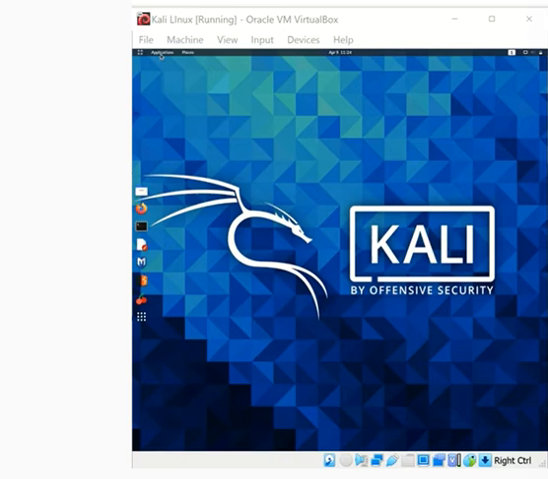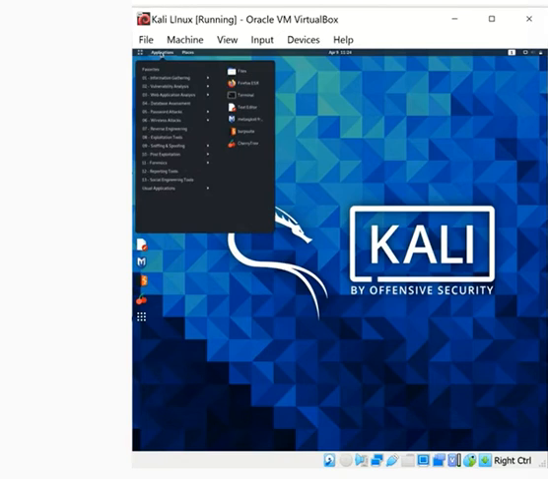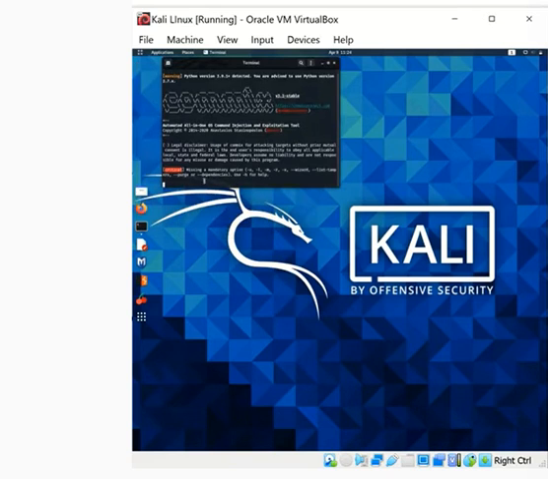I go to the applications. So Commix is found under web application analysis, because this is a tool which detects web applications and checks the vulnerability of web applications. So by default it is found under web applications. So after opening Commix,